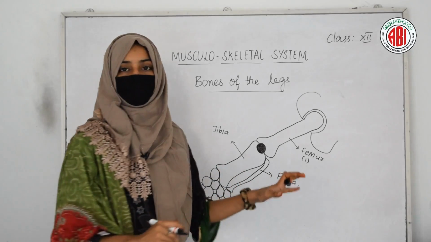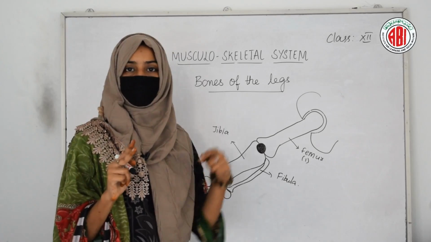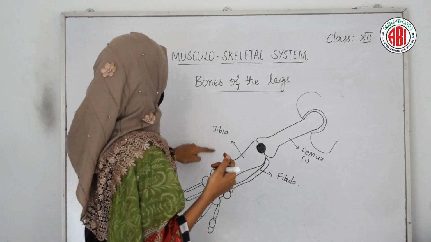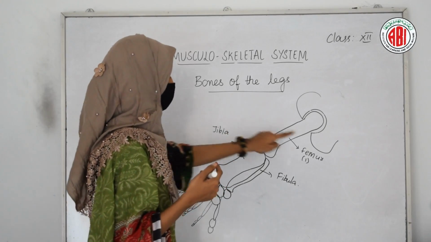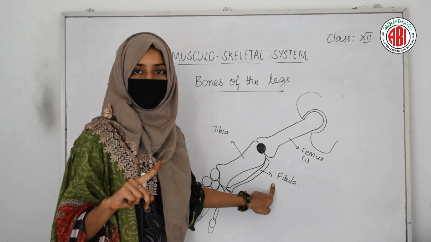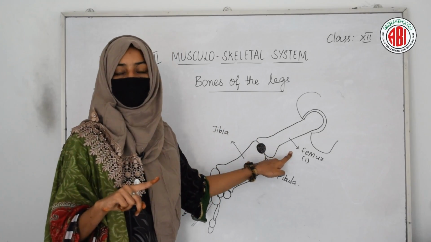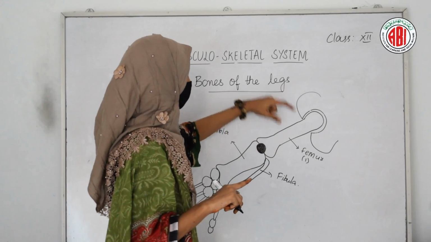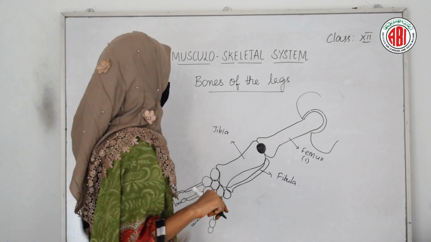These two bones are found, but here the main difference is that in the arms both the bones get attached with the initial bone, that is with the humerus, but in the case of the bones of our leg, only the tibia is the bone that gets attached with the femur, not the fibula. Fibula doesn't show any attachment with the femur, only the tibia can get attached with the femur. So in this way only one bone is attaching with the initial bone of our leg, that is the femur.